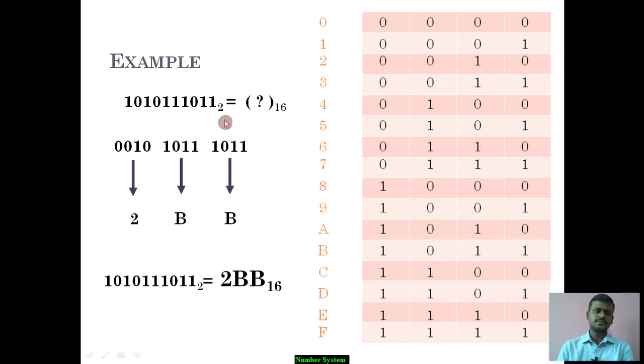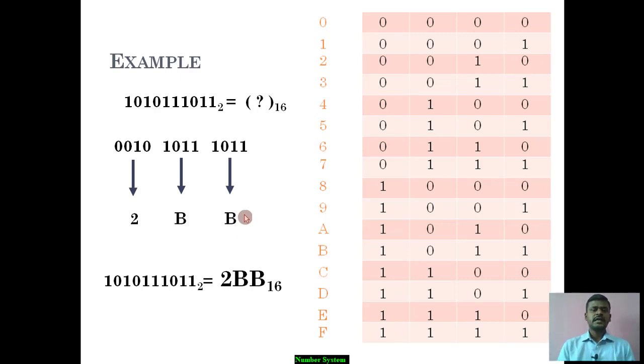The technique is, first, for the given binary values we need to group them into 4 bits, and these groups need to be searched in the hexadecimal table. For example, 1011 needs to be found in the table, and we find the equivalent hexadecimal value, that is B. We take it as a hexadecimal digit, and in the end we keep these values together, that is 2BB, which is your hexadecimal converted value from the binary value.